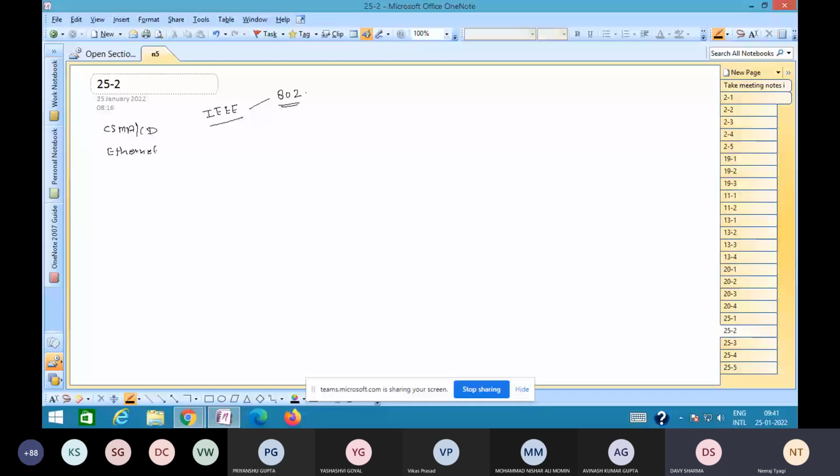So 802 point, CSMA/CD, or I should not say that CSMA/CD is a protocol. CSMA/CD is not a protocol. Ethernet is a protocol, or standard, IEEE standard 802.3. So Ethernet or 802.3, they are generally used interchangeably. Okay. Although there is some minor difference in Ethernet and 802.3, but anyway, at this moment, we think that 802.3 or Ethernet, both are used interchangeably. So we'll be seeing 802.3, okay,